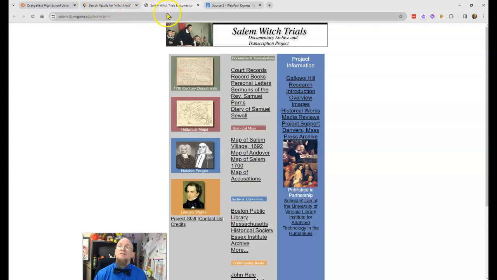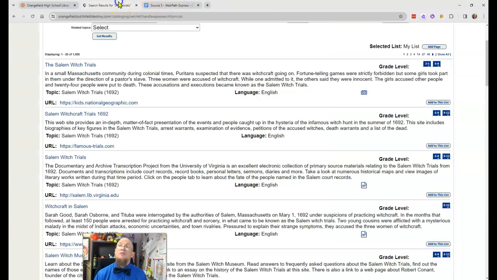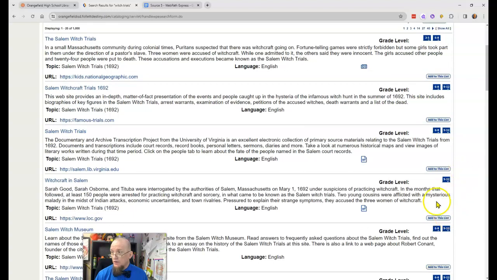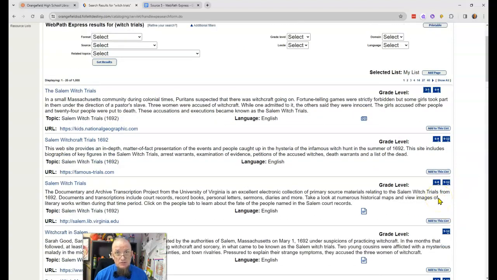Now notice it opened it up in a separate tab. That means that if I'm done with this source, I can exit out, or if I want to save the source, I can keep it open, and then I can go back to my other search. Also, you have some grade level information here. That's going to determine the reading level. So those of you who are looking for more advanced stuff can stay in the 9 through 12 category. Maybe students, especially accommodated students in that, might want to go with a little bit lower level